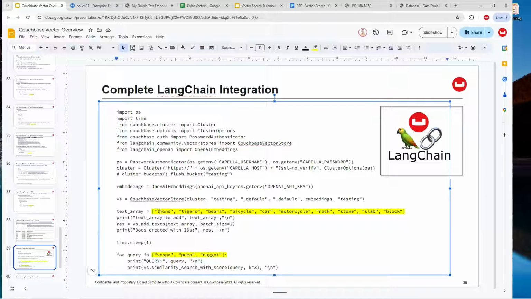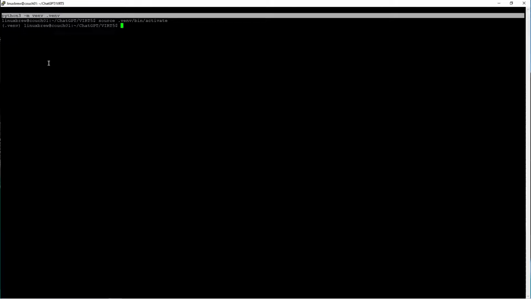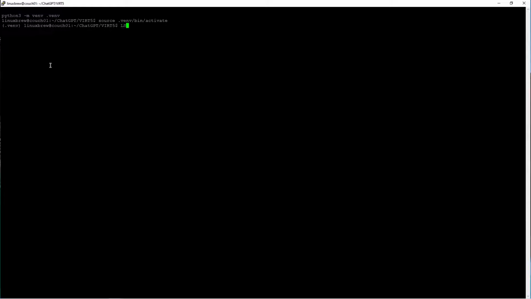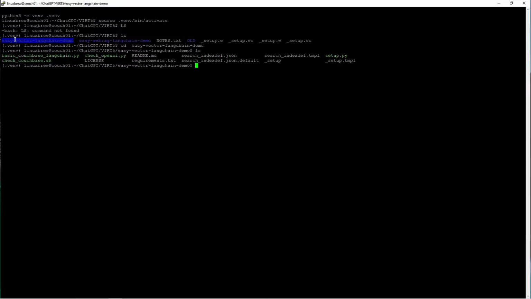So let me find this. Here we go. I'm going to activate a virtual environment. You can set up a virtual environment just like this. So I've activated it, and I have a couple things here. I have a GitHub repository, and there'll be a link on the next slide when we go back to the demo. This GitHub repository has some items in it. So if I cat